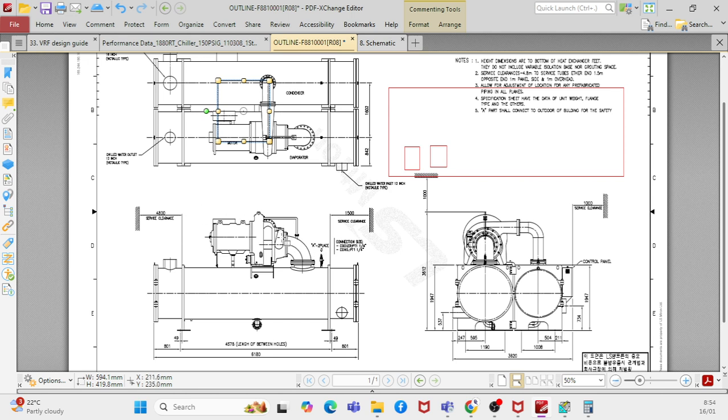Whereas if you go with the air cooled chiller, assume that this is the size, 6200 by 3100. Whereas if you go with the